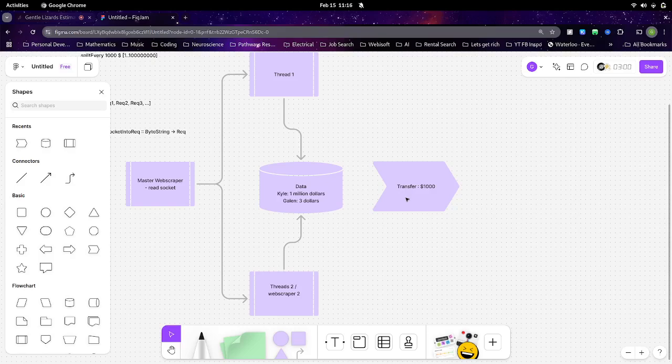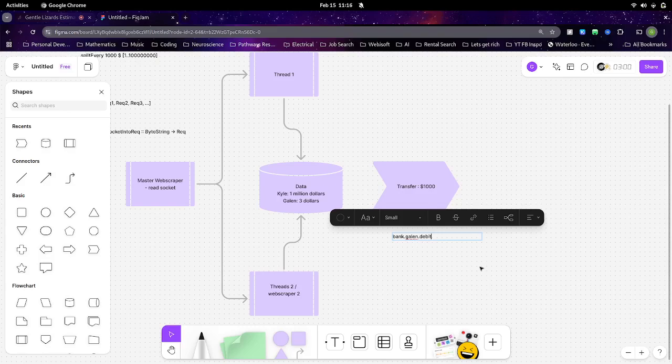So in object-oriented, we think of this data as being almost self-changing, right? We might have some code like bank dot Galen dot transfer, or debit.